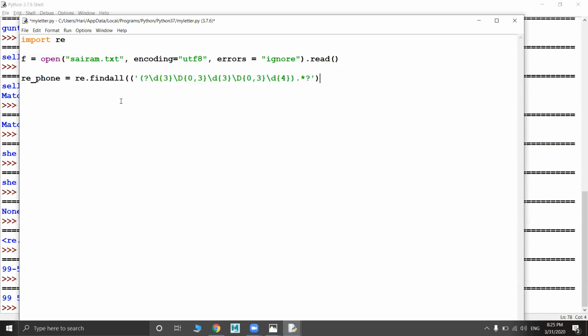For using these special symbols, each and every symbol has its own meaning. You need to check the regular expressions of Python. So that's the pattern I am going to take. In the pattern, I am going to take 3 plus 4. That means 3 plus 3, 6, 6 plus 4. Total 10 numbers I need to get.